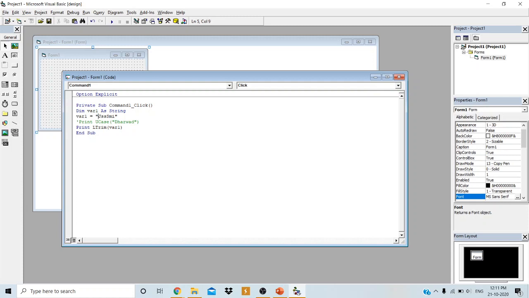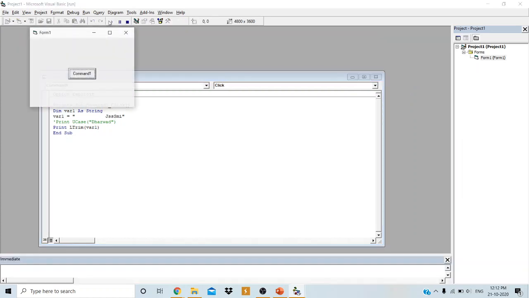JSSMI. I will give some spaces here in the string. Now it has to trim the left side of this phrase, meaning it has to remove these spaces and print only JSSMI. Is it working or not?